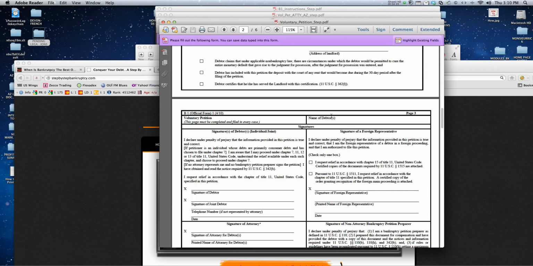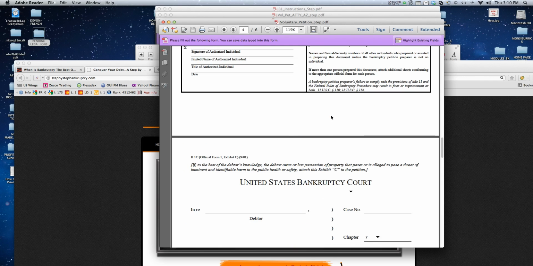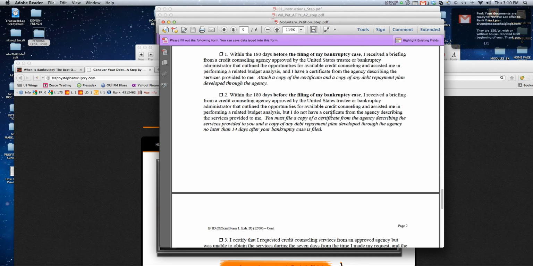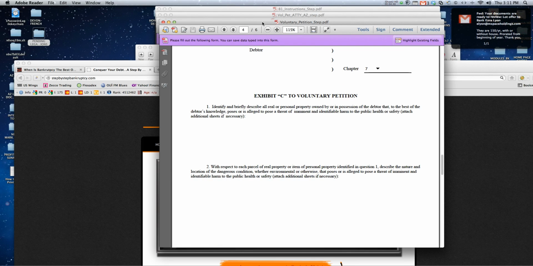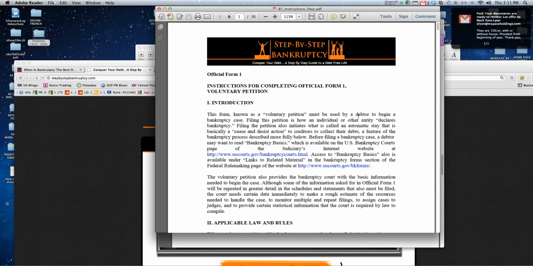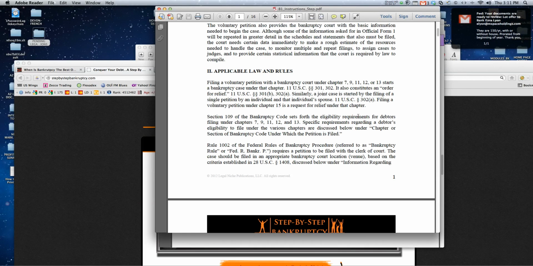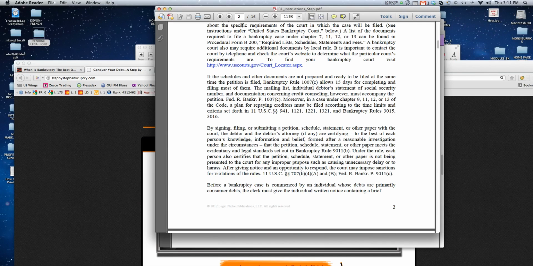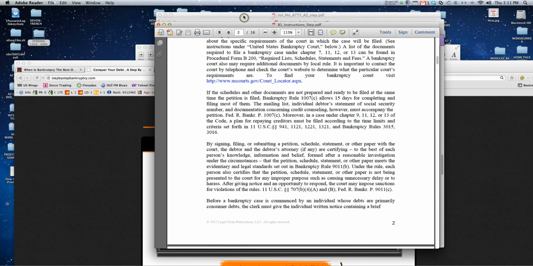It's a 3-page voluntary petition, and it's mostly self-explanatory, with a couple of exhibits that I'll explain in just a moment that are attached to it, 2 exhibits if they apply to you. It also comes with complete instructions on each section, 16 pages, compiled by the bankruptcy court, giving you the bankruptcy codes, and it gives you step by step on how to do each. We also give you